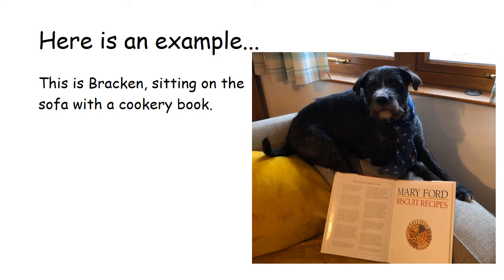This is a picture of my dog Bracken, and he is wearing a purple tie with flamingos on it, and he is doing something with a recipe book. So I need to think about how I would explain what's happening here. Now I know what came first and what came second and what came third and what happened because I put the picture together. So I could say that here we have, so remember you start with your initial sentence to